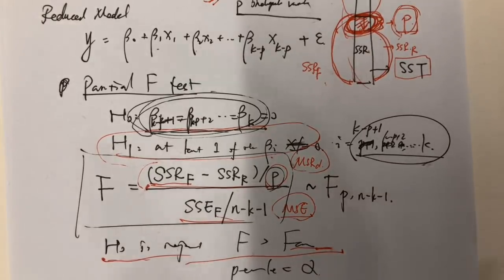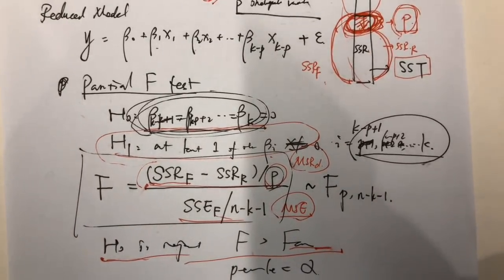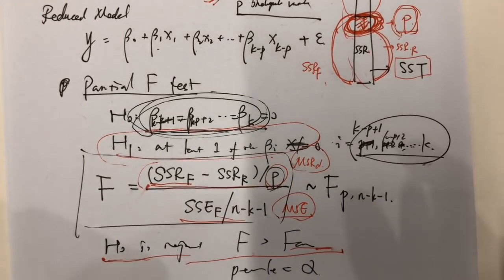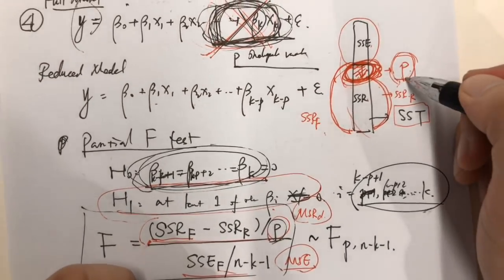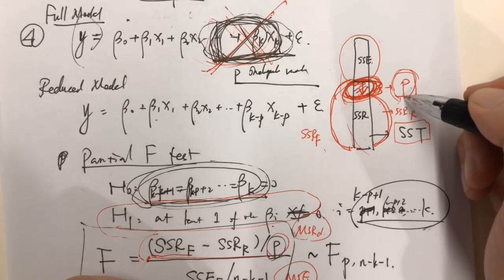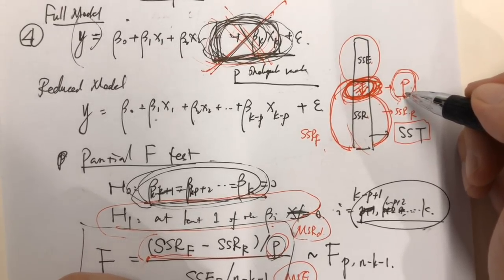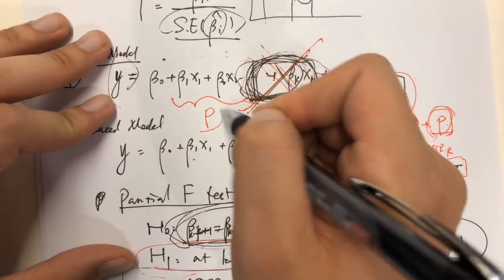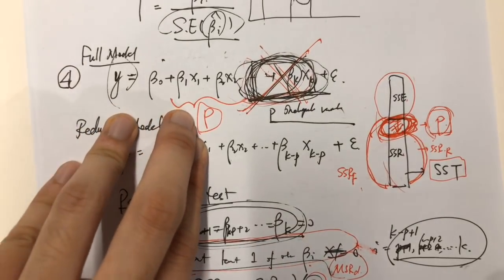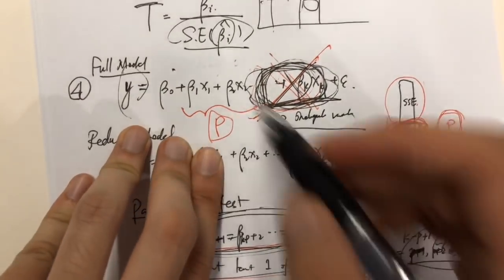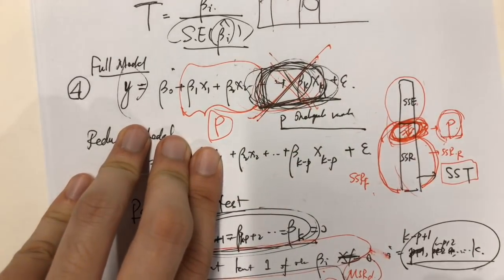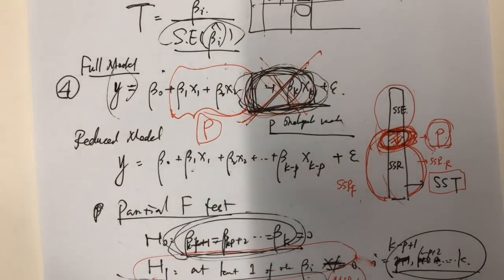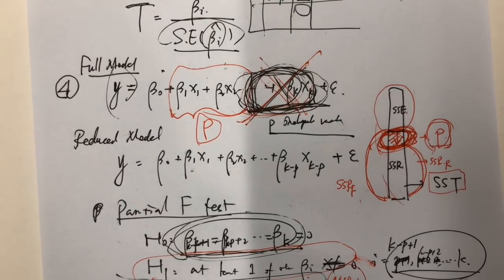All right, let's see the questions. In the book and lecture slides, they use K minus P. All right, sorry about that. If you use K, it's just different definitions, okay? So if we define P as the total number of independent variables that remain, then this part should be P, right? Okay, sorry about that. If so, can you rewrite the null hypothesis? I missed it and it's a bit unclear.